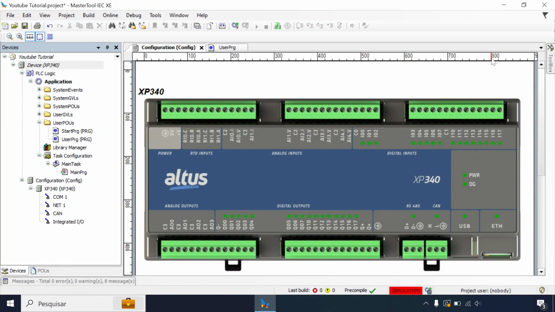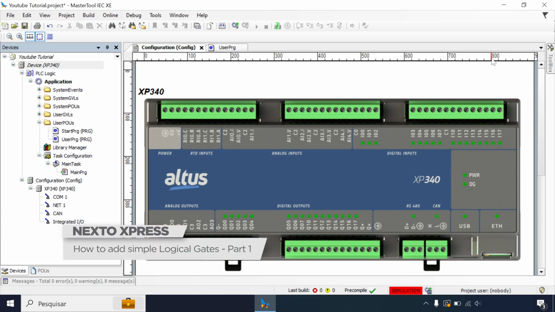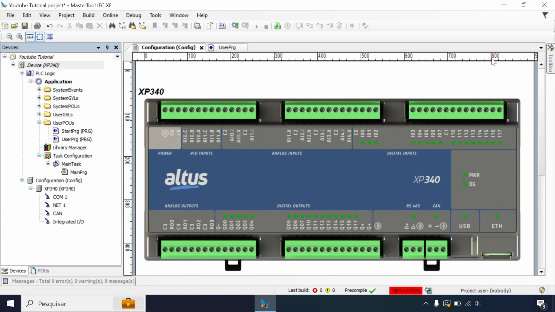Hello guys, in this video I'm going to show you how we can add simple logical gates such as an AND gate and an OR gate into our MasterTool project. So first thing you're going to do is go into our user PRG program